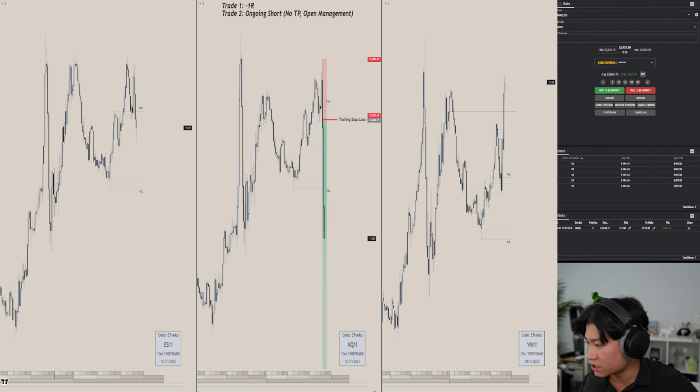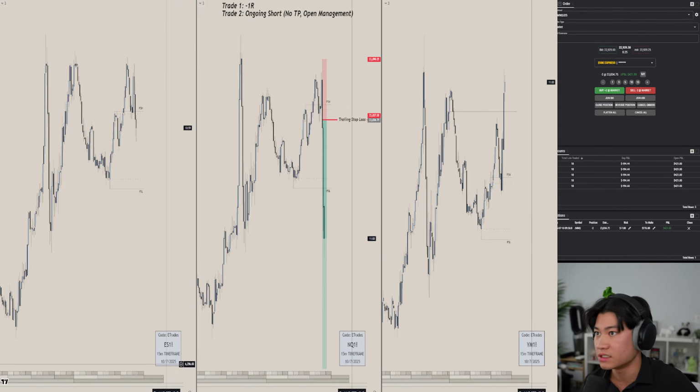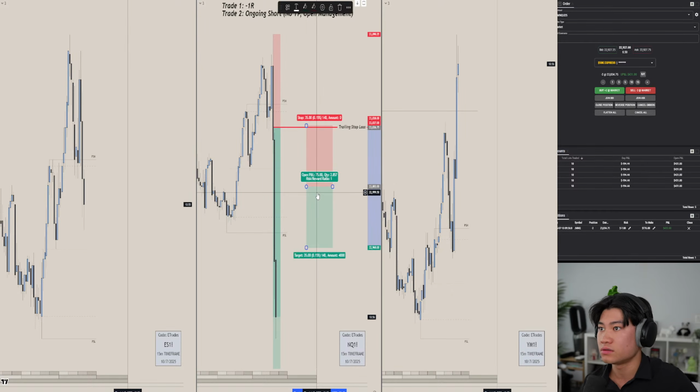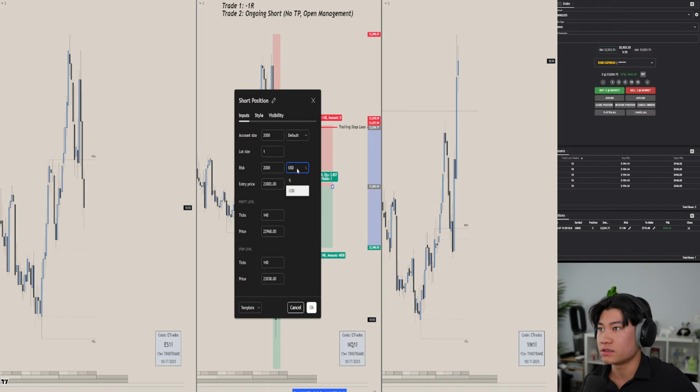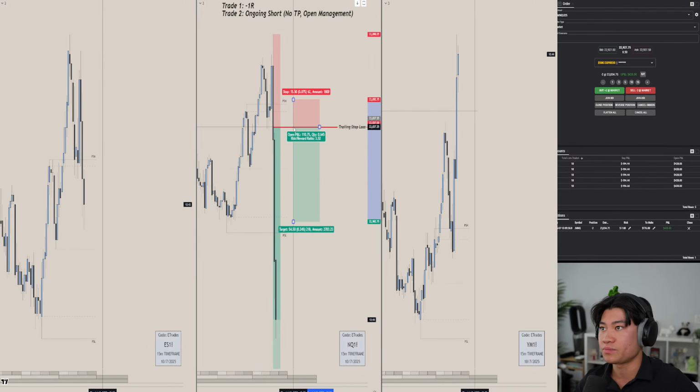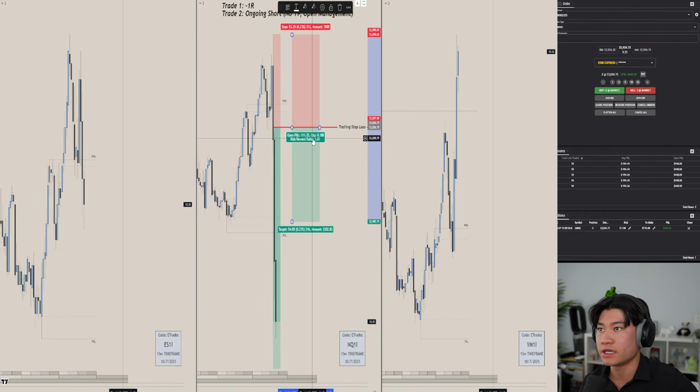How do I calculate position sizes on Top Step with the different indices? The easiest way to do that is to use your position tool, and then you can just set the dollar risk you want to risk. Let's say you want to risk $200 per trade, so I'm going to set it to $200. Let's say my entry is here. I'll just use the exact same entry I use here, and then I drag my stop loss to where I want to place my stop loss. And here it's going to say quantity.